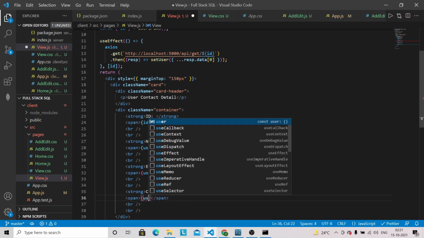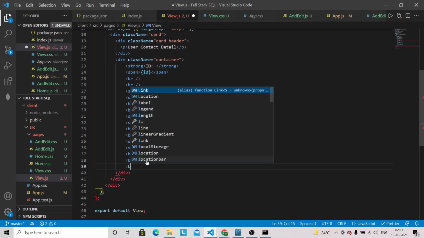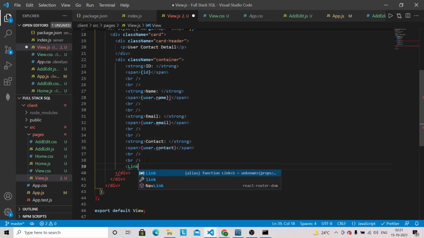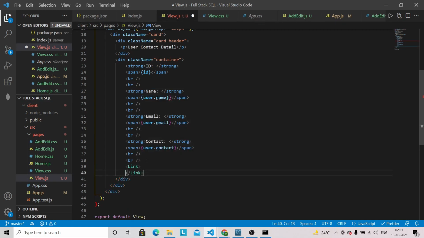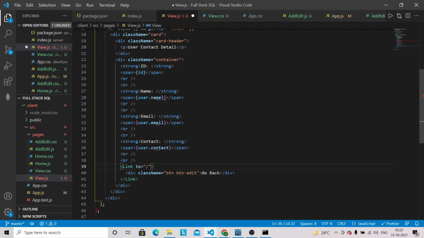So user.contact, and now we will have one button, basically to navigate towards the home page. So we are going to have one go back button with the class name btn edit. Okay, and the value of the button will be go back, and for the link we can specify the home route only, so that it will navigate towards the home page.